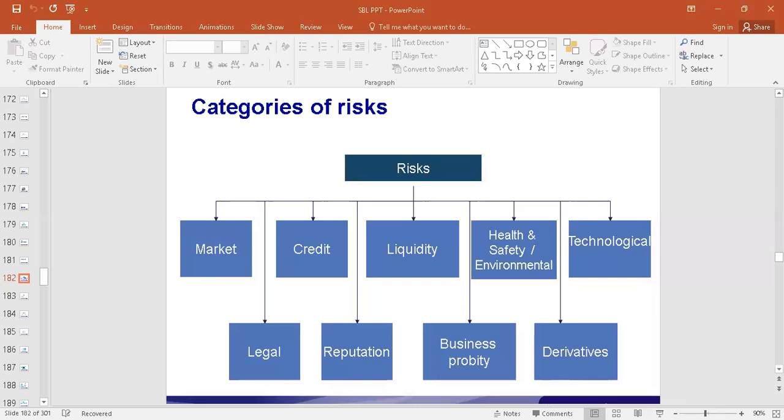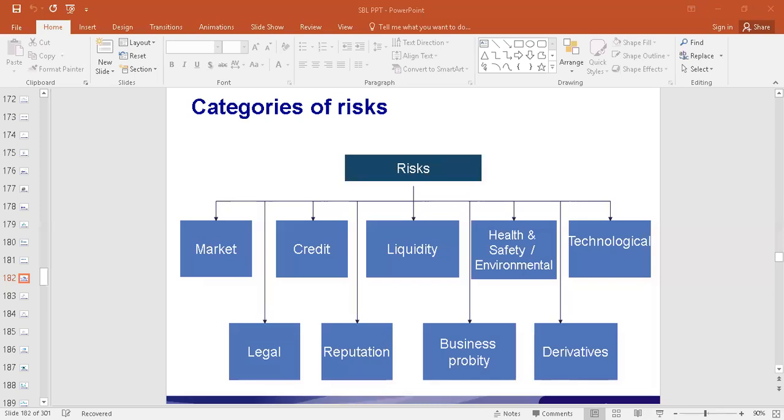Having done so much, why should I leave even one slide? So let me explain. Risk is because of some uncertainty happening. See, there are different categories of risk. The first one is market risk. Market risk is the risk that there would be a failure in the market. They would not be able to do well in the market, maybe because they cannot meet the customers' expectations. A failure in the market is referred to as market risk.